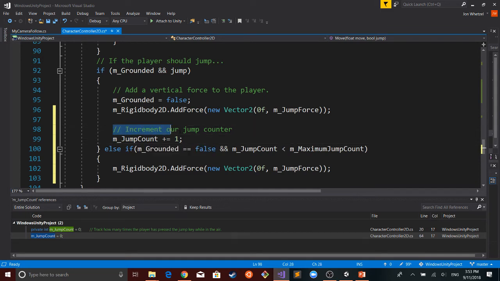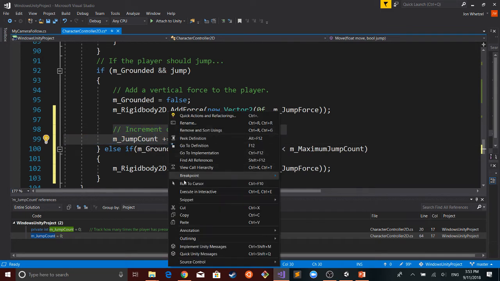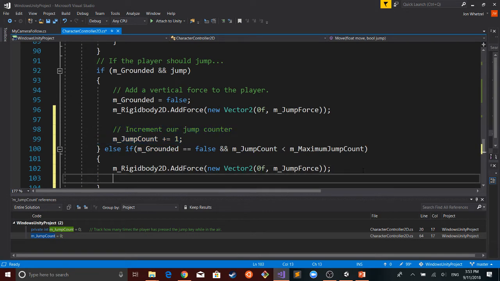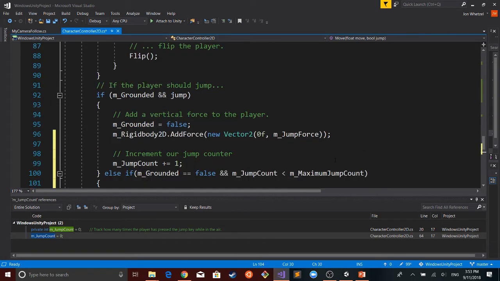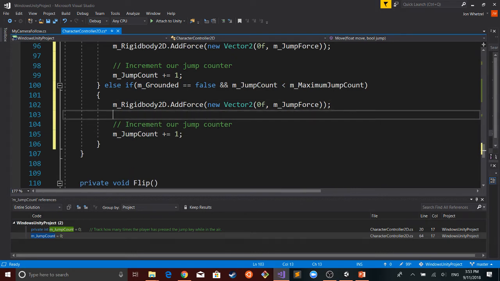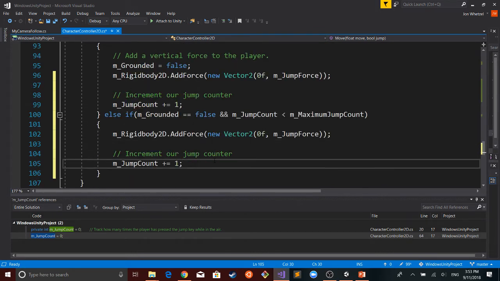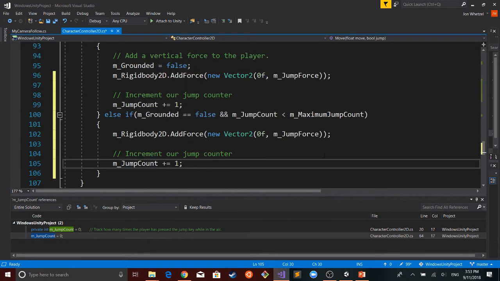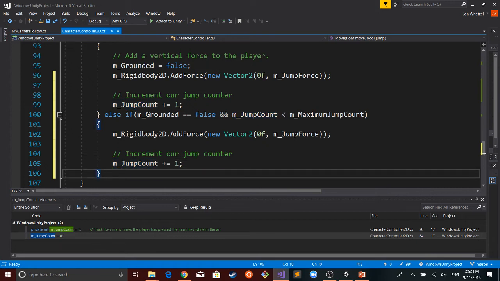So here, and then I'm going to copy these 2 lines, because I said we're registering this as a valid jump. Another thing that we could do, just to verify. Actually, let me just go ahead and save this.